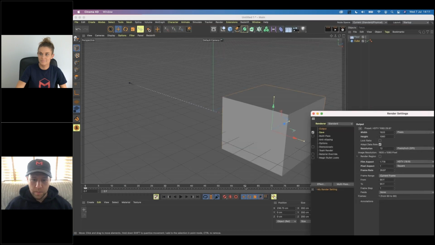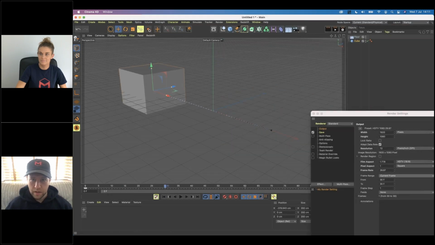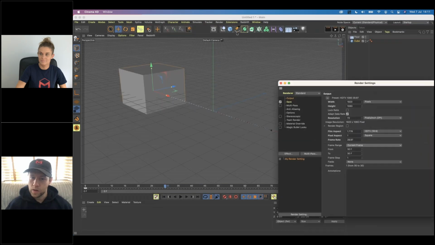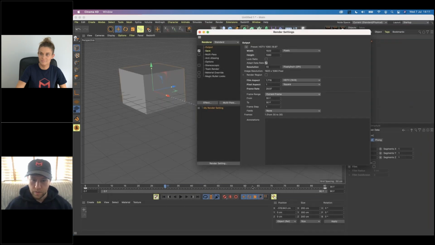So wherever my time slider is, if I'm on frame 30 and then I press render and I'm on current frame, that is exactly what it will render. So current frame will always reference the time scrubber along the bottom. You can choose all frames, which will of course do all frames of your animation. So if your animation is 1,000 frames long or 20,000 frames long, and you've actually only animated 100 frames of it, it will render out the whole thing, which is fine if that's what you want it to do. But you want to just be aware of